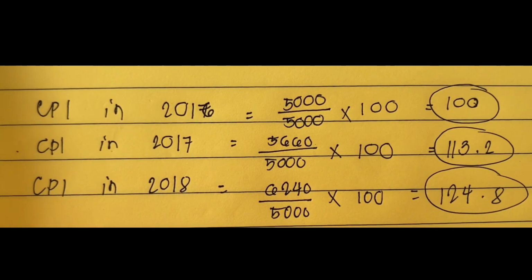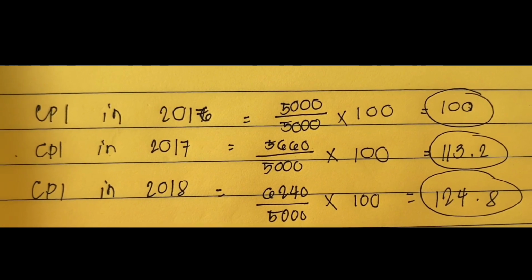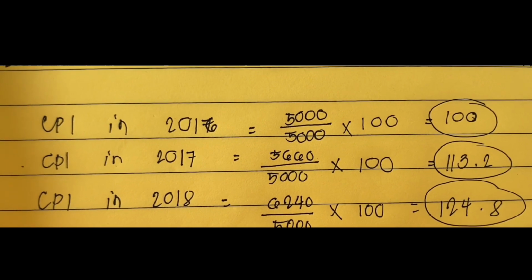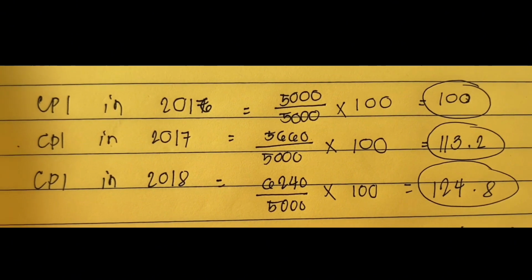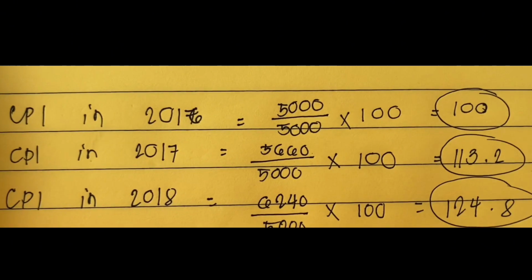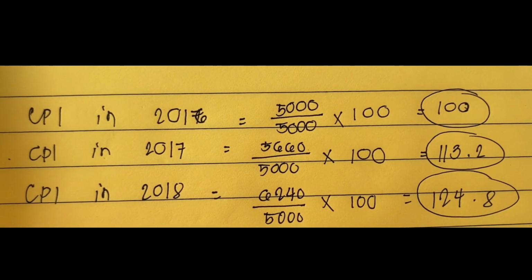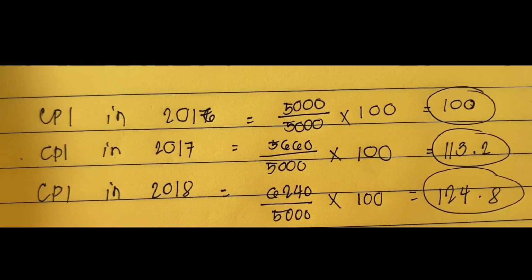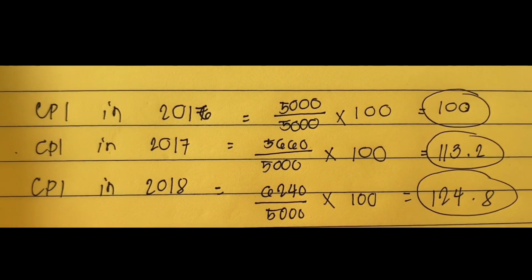CPI in 2017 equals 5,660, the cost of the basket in 2017, divided by 5,000 times 100 equals 113.2. The CPI in 2018 is 6,240 divided by 5,000, the cost in our base year, times 100 equals